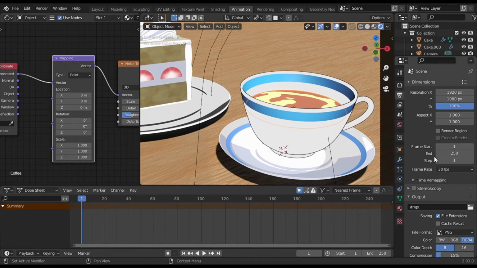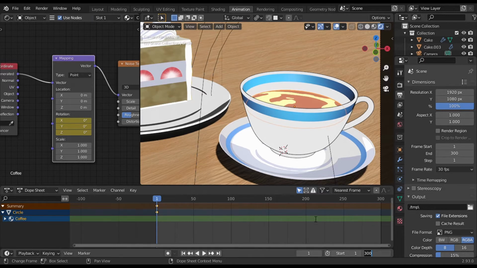For the animation of the liquid, I'm just gonna go to the material of the liquid, and in the mapping node, in the y-axis of the rotation, I'm gonna press I to make a keyframe with a value of 0. Then I chose a random keyframe because I'm gonna set up the speed later, and just move the y-axis until you like the position of the liquid and press I again.